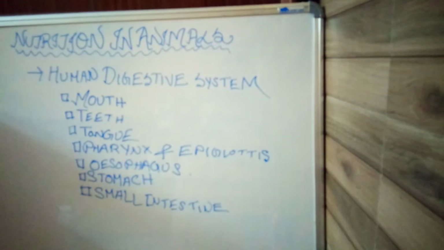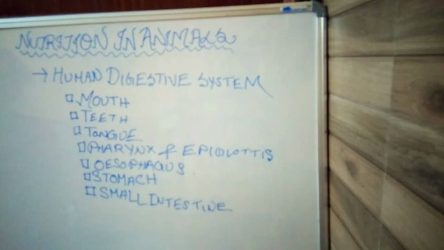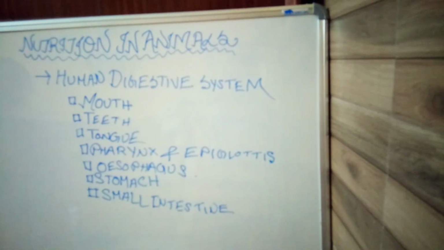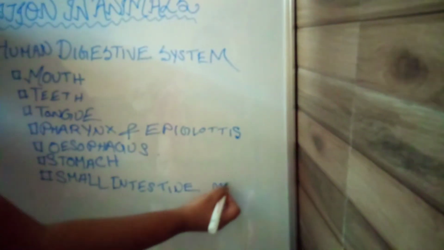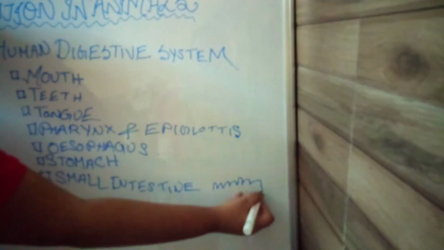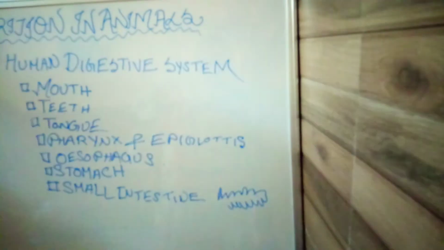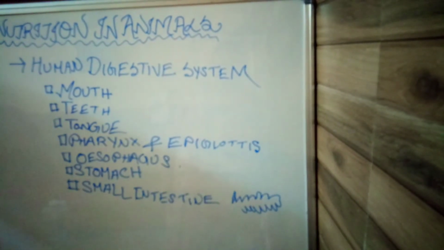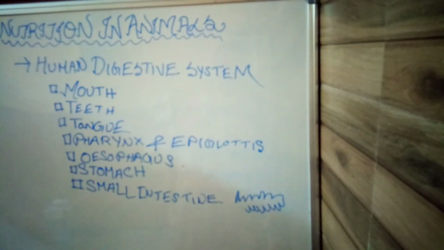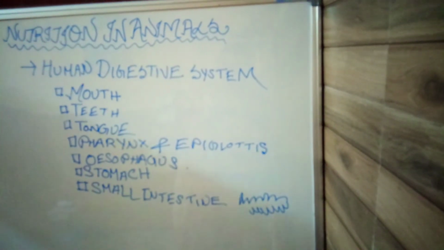From the chyme, the inner wall of the small intestine contains numerous finger-like projections called villi. Means the small intestine is a coiled tube. It looks like this. Now these are the finger-like projections, known as villi. These villi absorb nutrients into the bloodstream through the fine blood capillaries present close to their surface, making the absorption